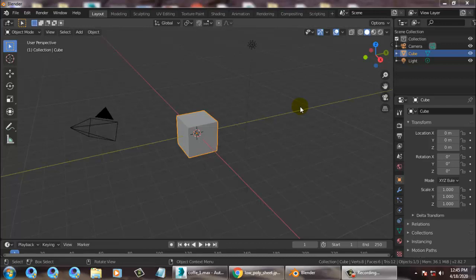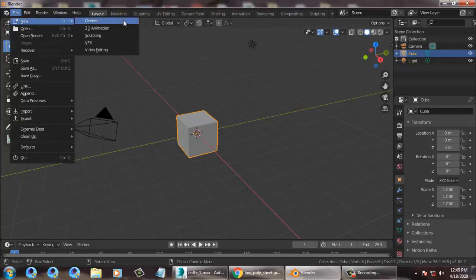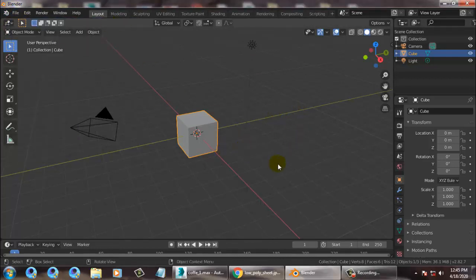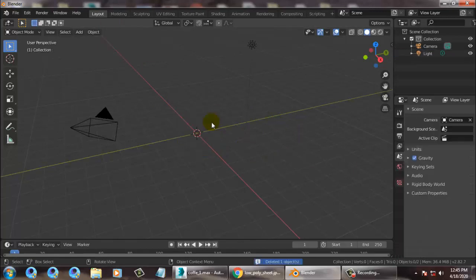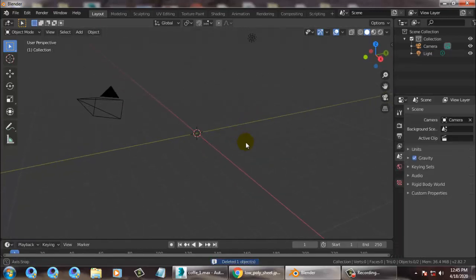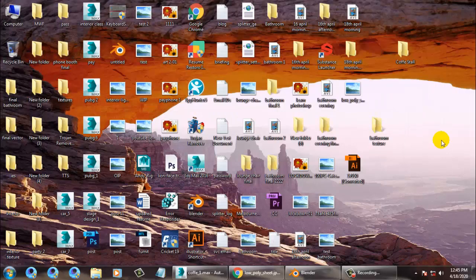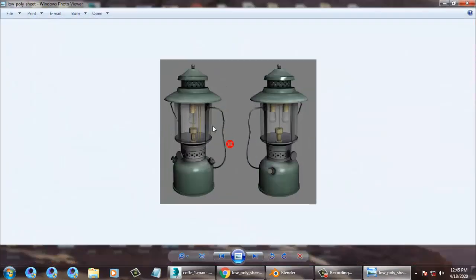Although we have one more part which is going on with 3ds Max, we'll continue that after this part. So very first of all, let's go into Blender and take a new file. Let's delete this stuff over here. What we are going to make, let me tell you that first. So this is what we are going to model. Before we start modeling,